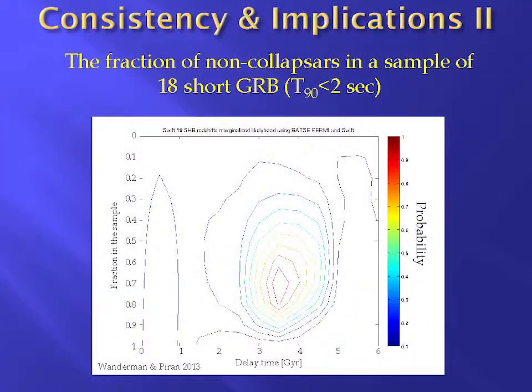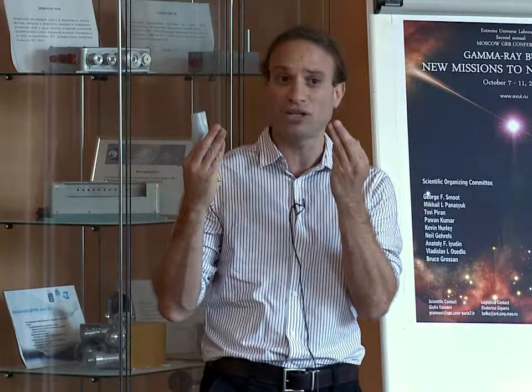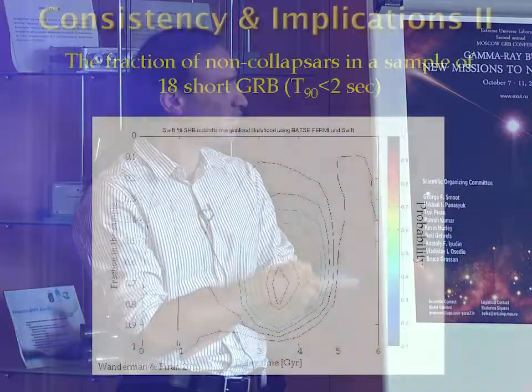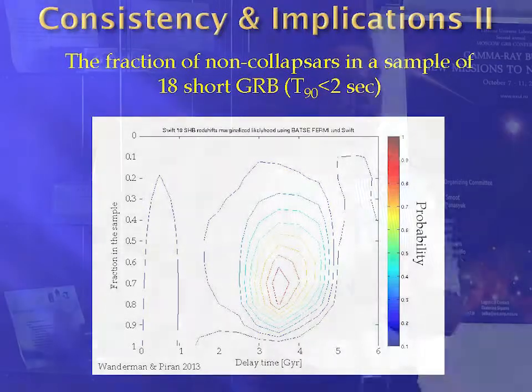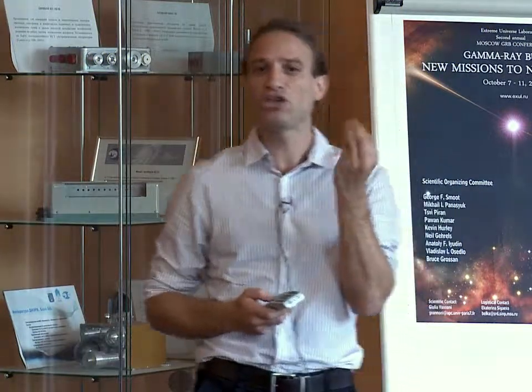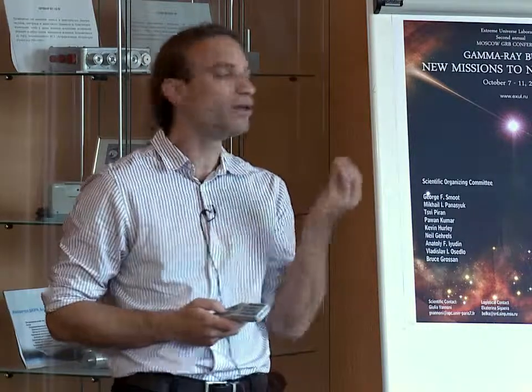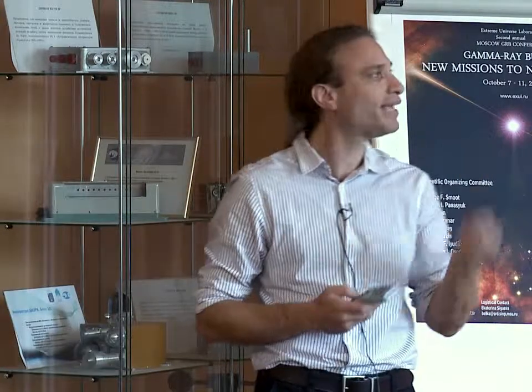And what they found is that within the complete sample of these 18 short gamma ray bursts, the best fit, in fact, combined two delay functions. One long delay function with a time of between 3 to 4 gigayears, comprising at least something like 0.7 of their sample, and another 30% of their sample were fitted by a short delay function, which is shorter than 100 megayears. And with their resolution, they couldn't know exactly how short, but they can be certain that it is